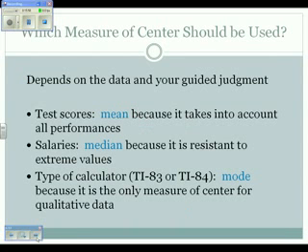Okay, so which measures of center should be used? A lot of people were like, why do we have 3 different measures of center? Why not just use the mean every time? Well, the mean is certainly appropriate in most cases, but there are certain situations where the mean is not as appropriate as something else. So if we have test scores, your test scores should represent what you've done in the